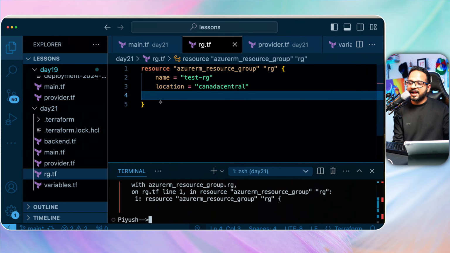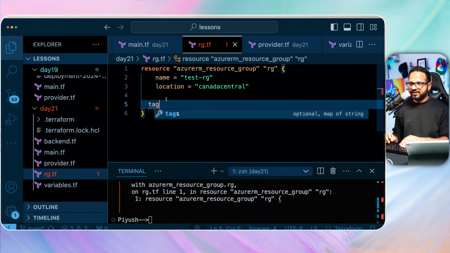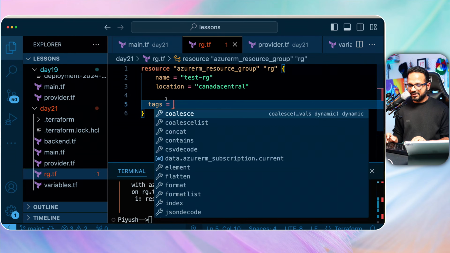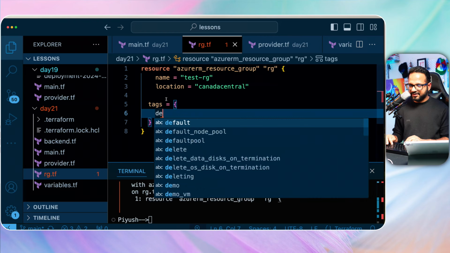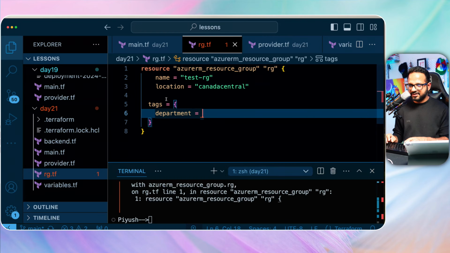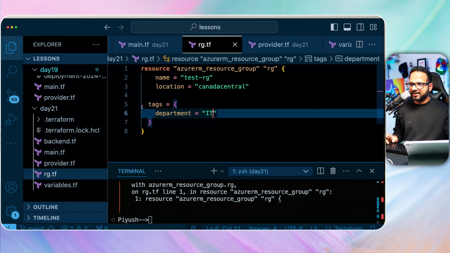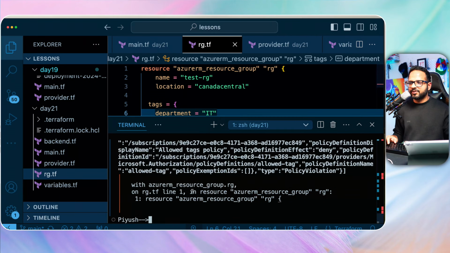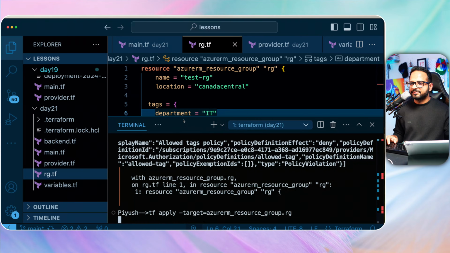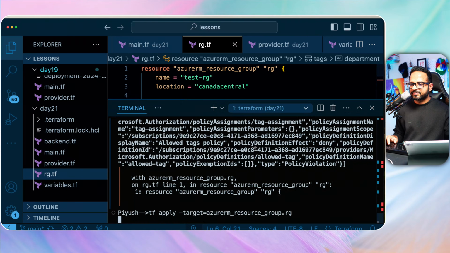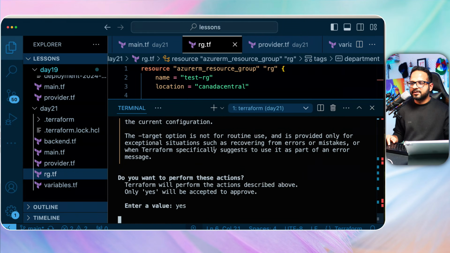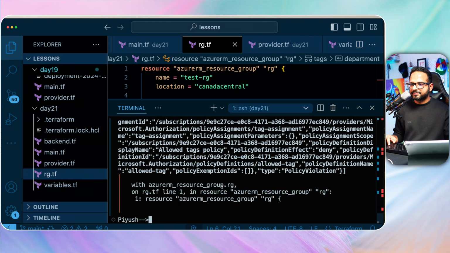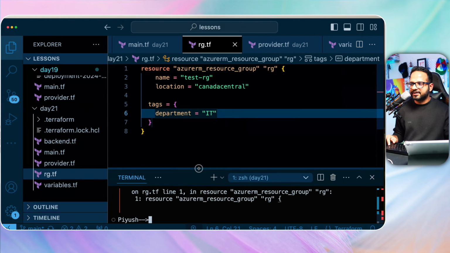Now let's add those tags over here. Let's add either of those tags. Okay, let's add the tag department is equal to whatever, IT. Okay, and let's try to apply the change again. Yes. Okay, still it is throwing the error because